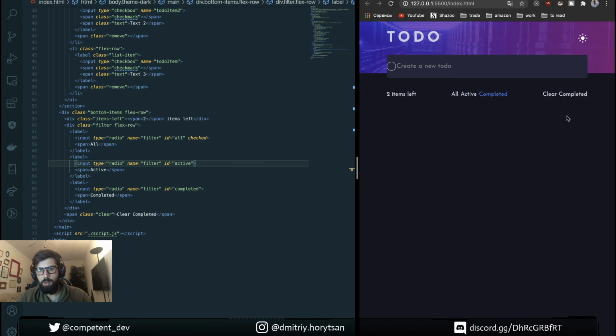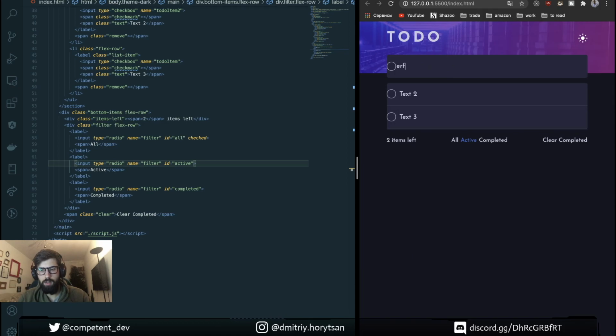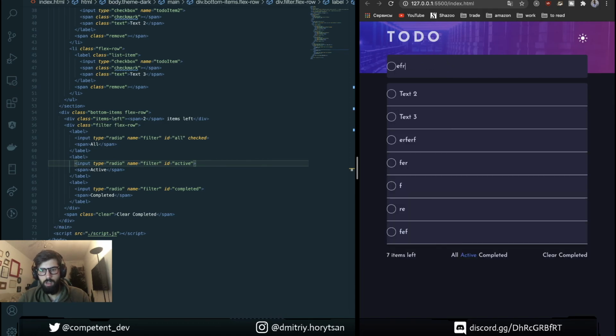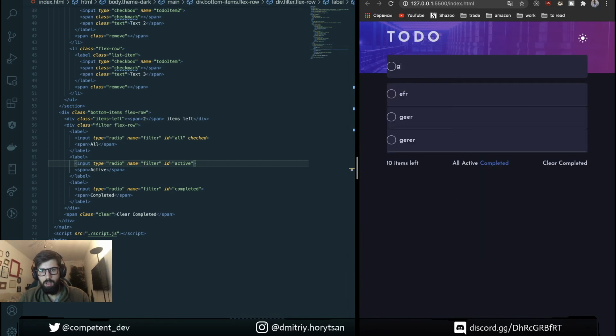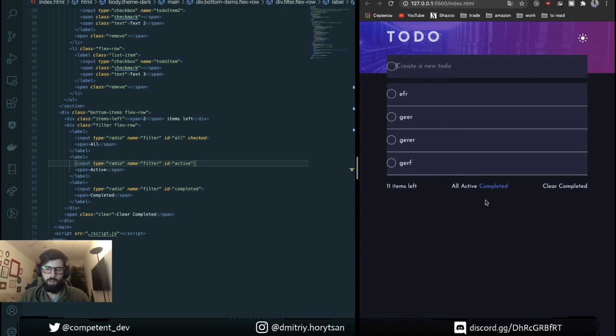Completed, clear completed, 0 active. Small issue here that we are seeing the items if filter is completed or active.